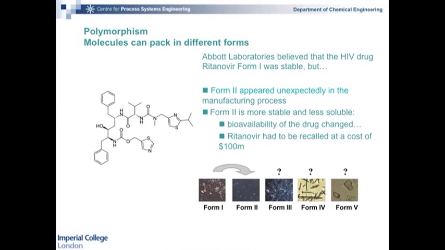Okay, and this is a very significant issue in the pharmaceutical industry. For example, here is ritonavir, which is an HIV drug manufactured by Abbott Labs. They started manufacturing it in the late 90s, and they were manufacturing it in Form 1, which was working very well. After some time producing it, all of a sudden, Form 2, which is a different crystal structure, started being produced. And it turned out to be more stable than Form 1. So they could never go back to making Form 1. Why was that a problem? Because Form 2 not only is more stable, it is also less soluble, which means that it is less effective as a drug.